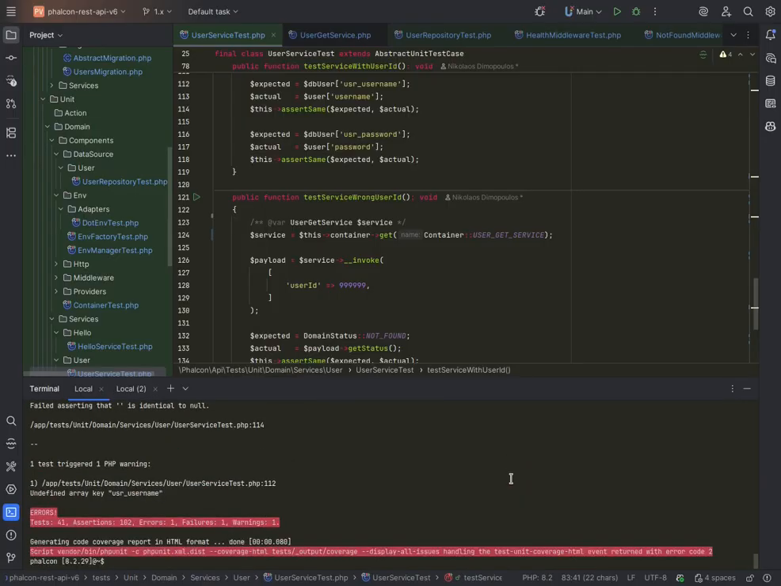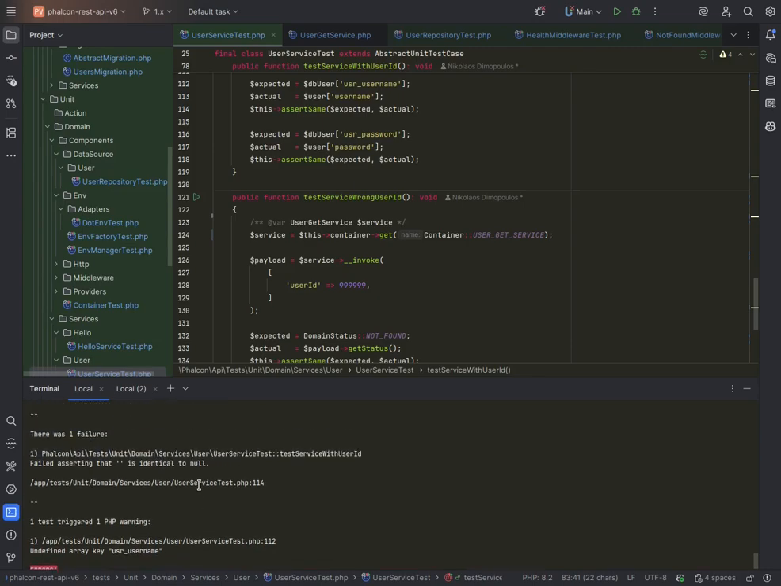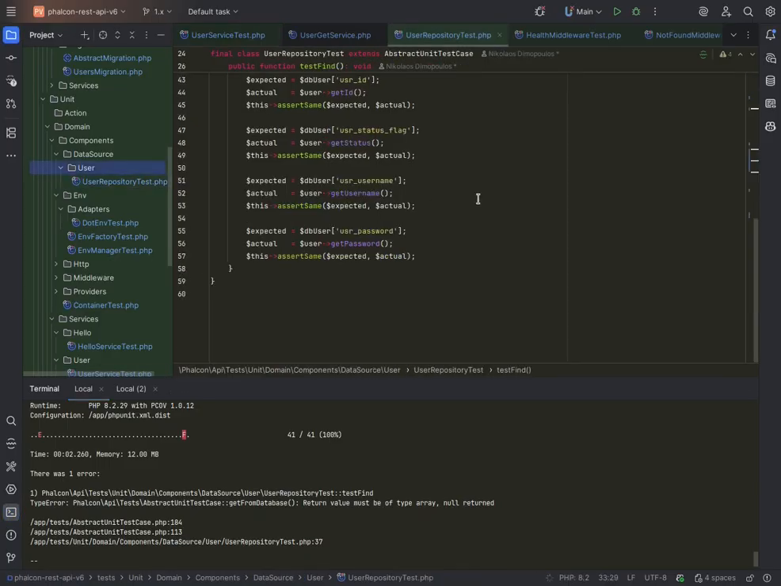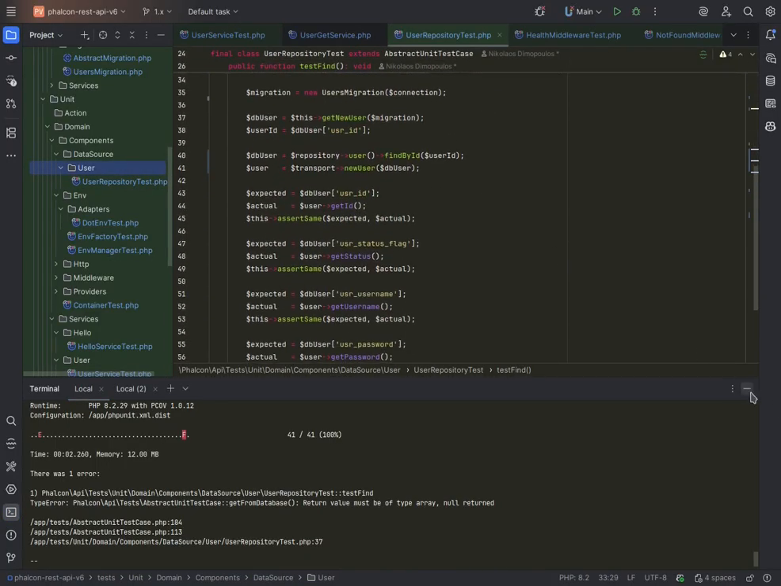Of course, we have an error. Okay, it says username and then test service with ID. All right, so far so good. It's working okay. This one here, it says user repository test find. Return value must be of type array, null returned. All right. So let's go to the user repository test, and we're gonna have to make some changes here because